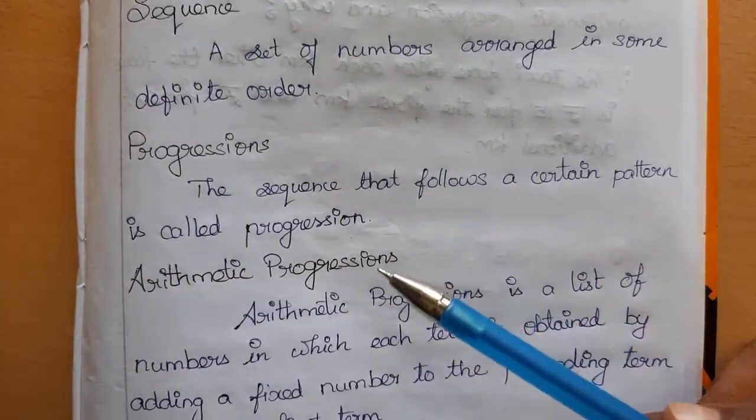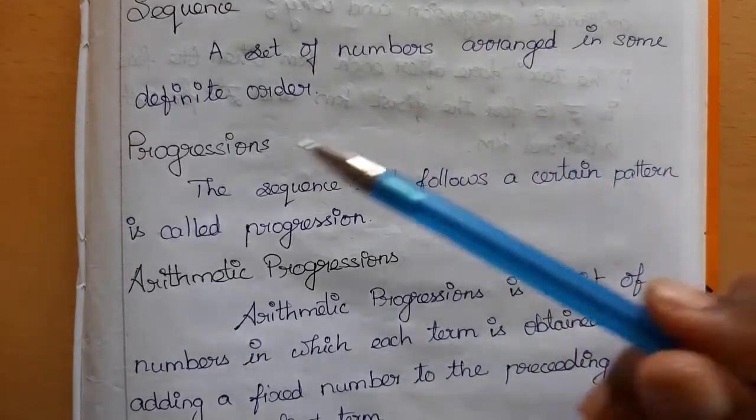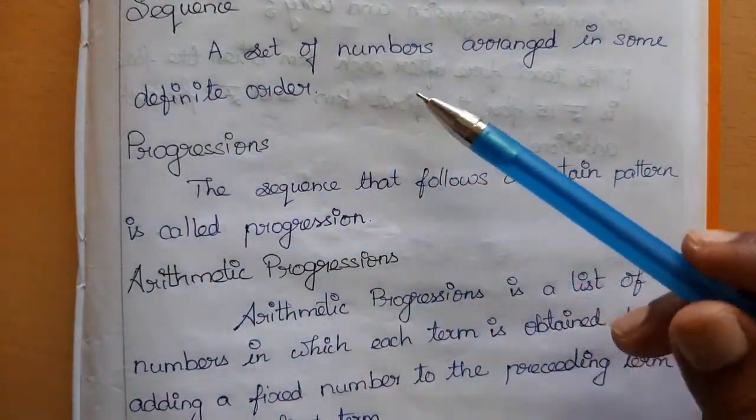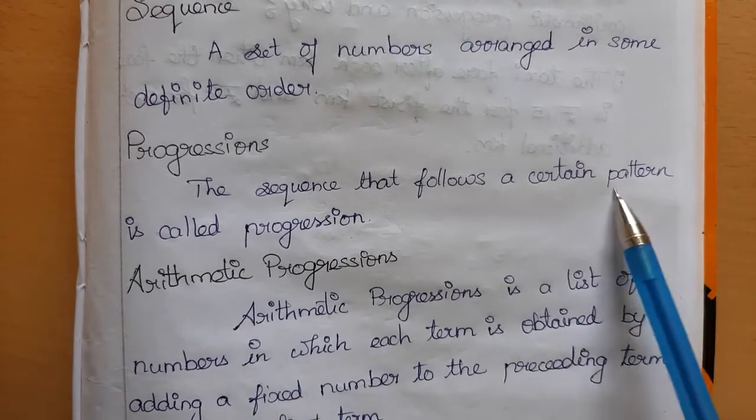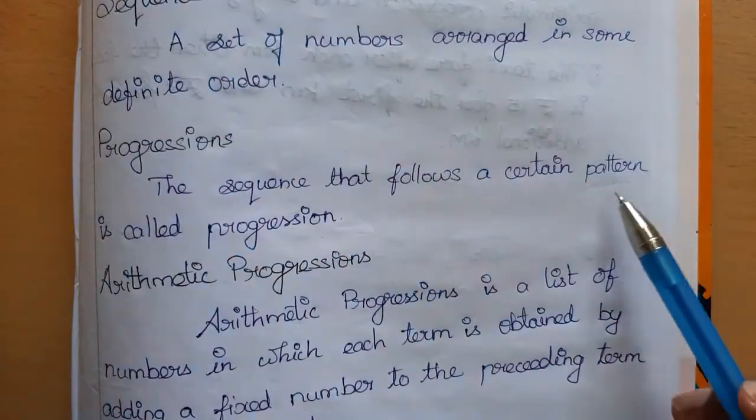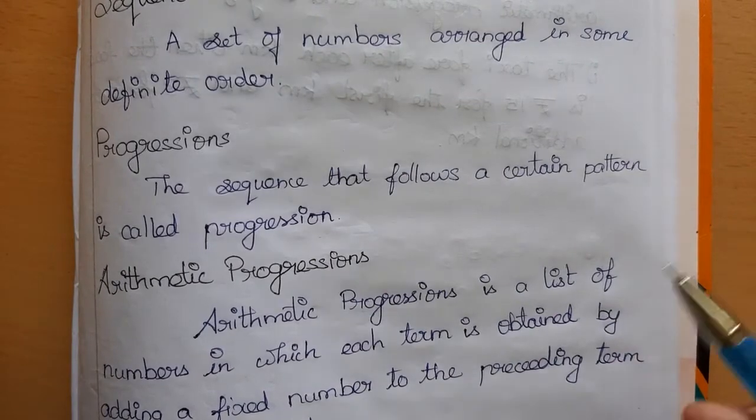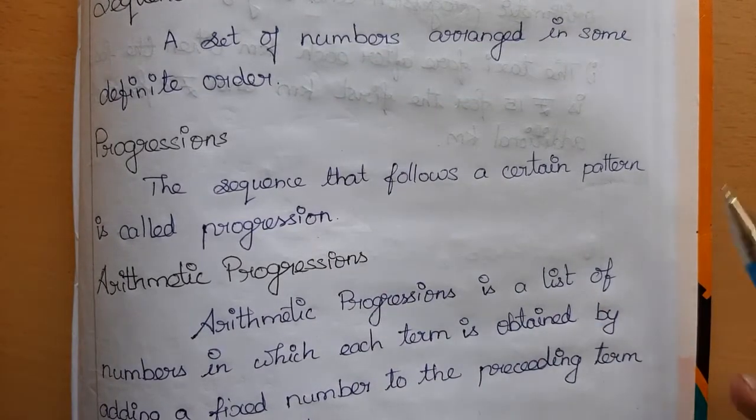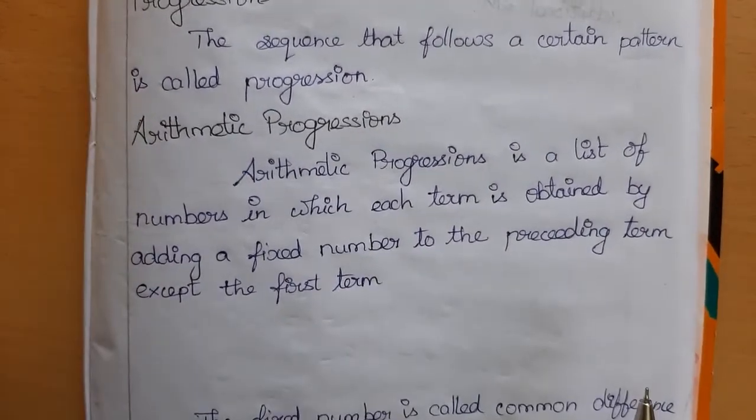The sequence that follows a certain pattern. A sequence is numbers arranged in some definite order. If those numbers follow some certain pattern, then it is called a progression. The patterns you have seen may be increasing or decreasing or repeating the same. So like that patterns. So arithmetic progression is a